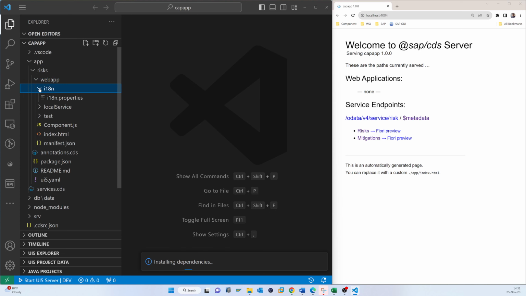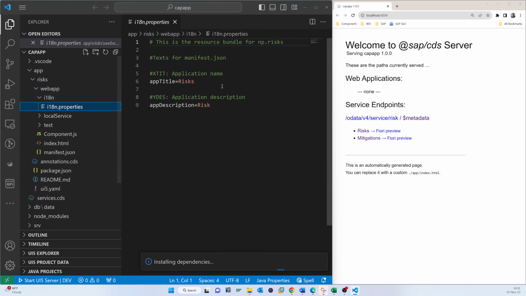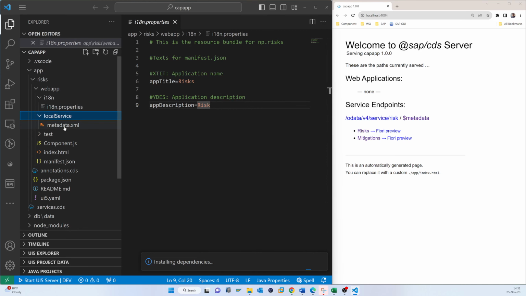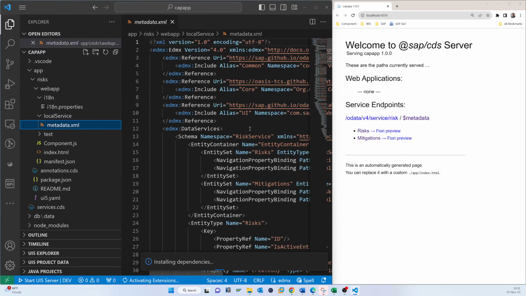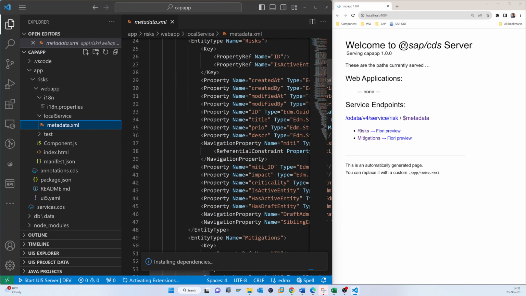And that is the properties file for the language purpose. We added the title rigs, but if you don't want it, you can change the title here, and you can also change the description, and add it later. And that is the local service. That is the metadata. So if we click here, you can see that,